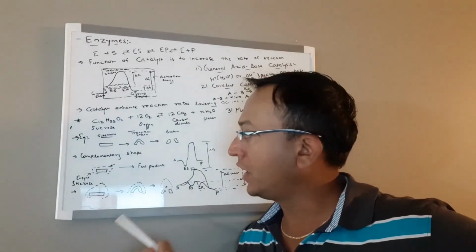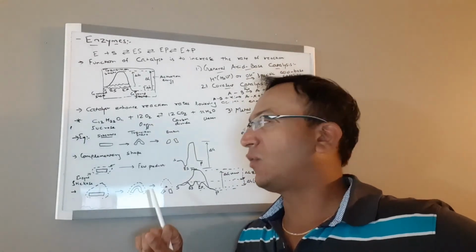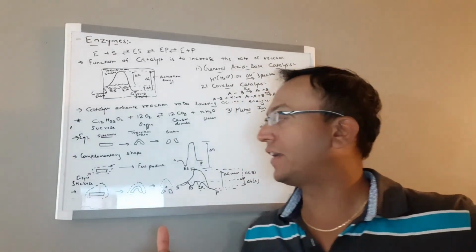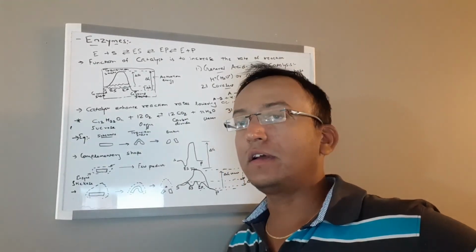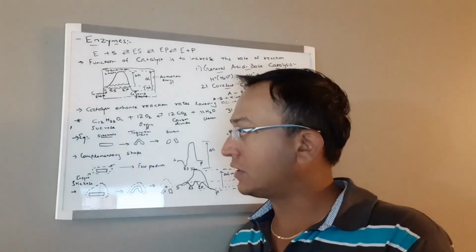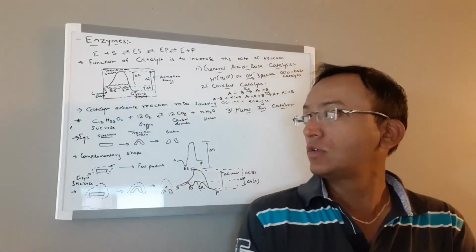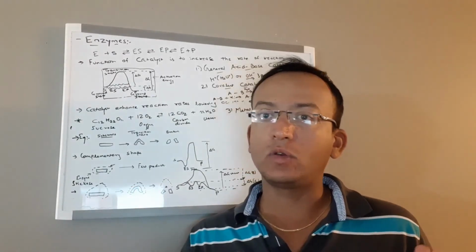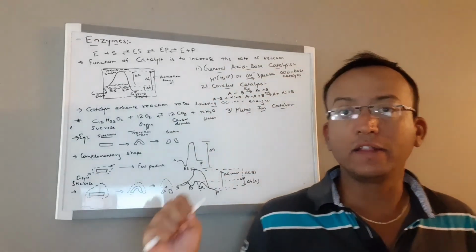So what I was thinking, we'll continue with this enzyme, but we'll go slowly with the enzyme because it has so many things, and as we go through the biochemistry, the chemical formulas and chemical reactions make enzymes really a complex topic. So we'll try to go really slowly and understand thoroughly, and in the next video,